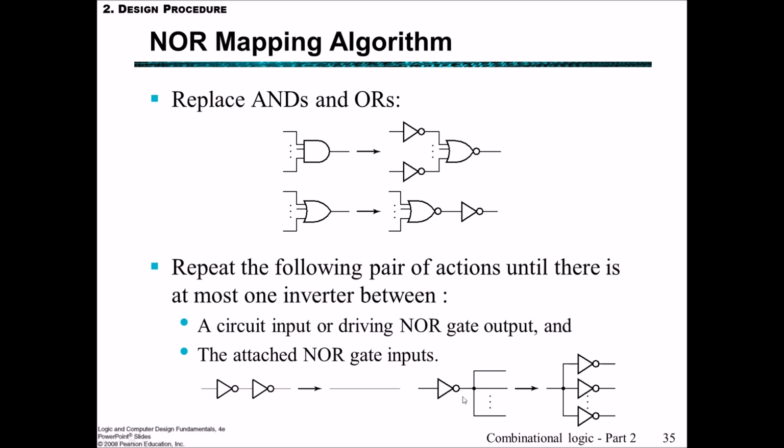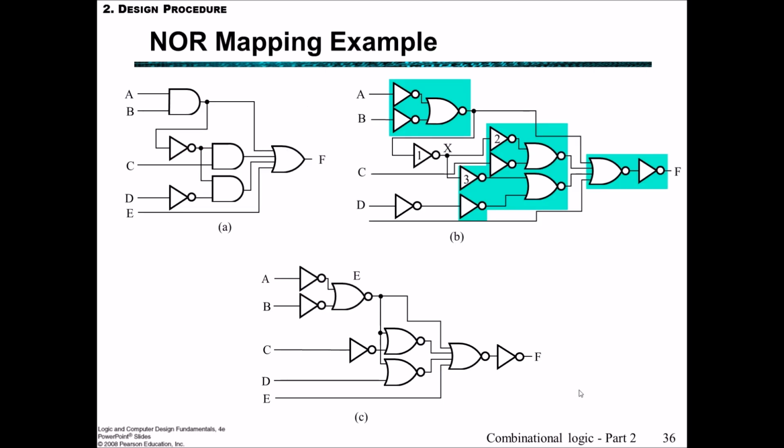If you've got the output of one inverter being split up, then we push the inverters towards the outputs of the next gates, and that way it's easier to cancel out groups of inverters. So here's the NOR mapping example. We've got the same circuit that we had for the NAND mapping example. We replace this AND gate with 2 inverters going into a NOR gate, and we do the same for these other 2 AND gates. For the OR gate at the end, we replace that with a NOR gate and then